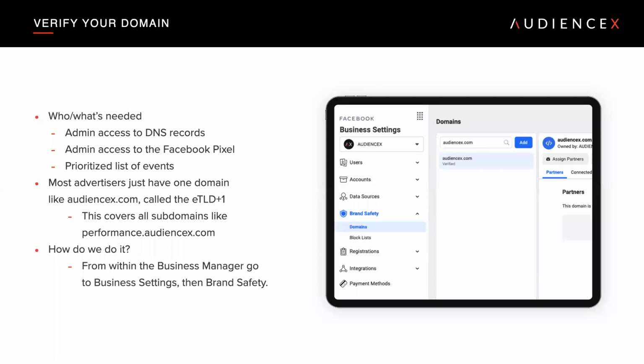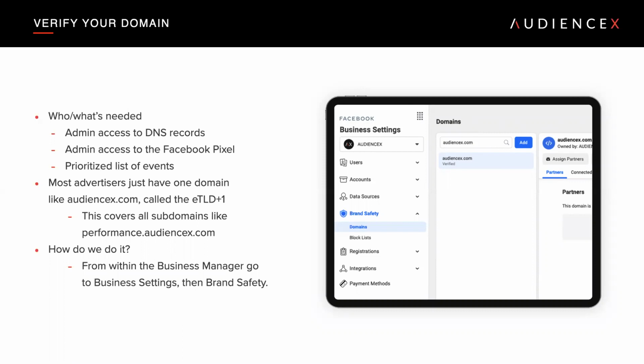Second, you need the person who has the admin access to the Facebook pixel so they can change all the settings within the Business Manager. And then you're going to need your list of prioritized events. What that means is, in choosing the 8 events that you're going to want to still be able to report on, you want to have them in priority from highest to lowest, so that in the instance of multiple events occurring, you can help ensure that the event which is most important is the one that gets reported.